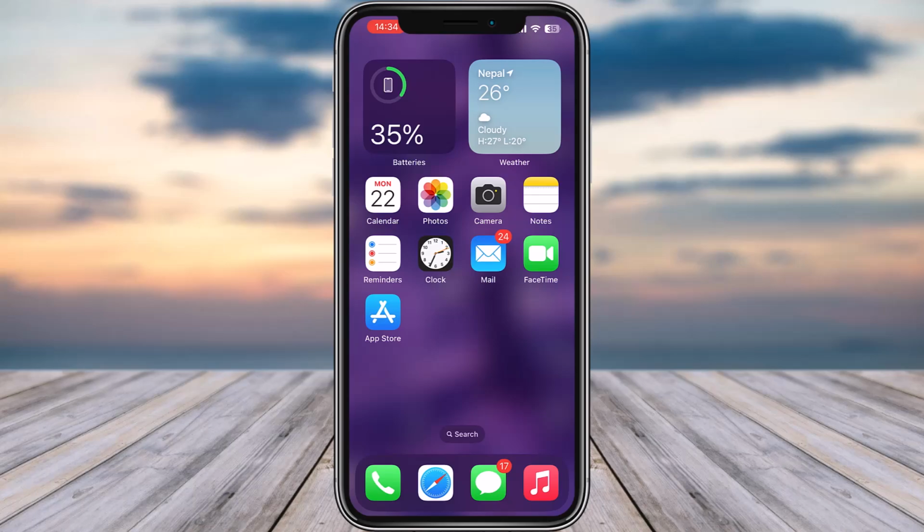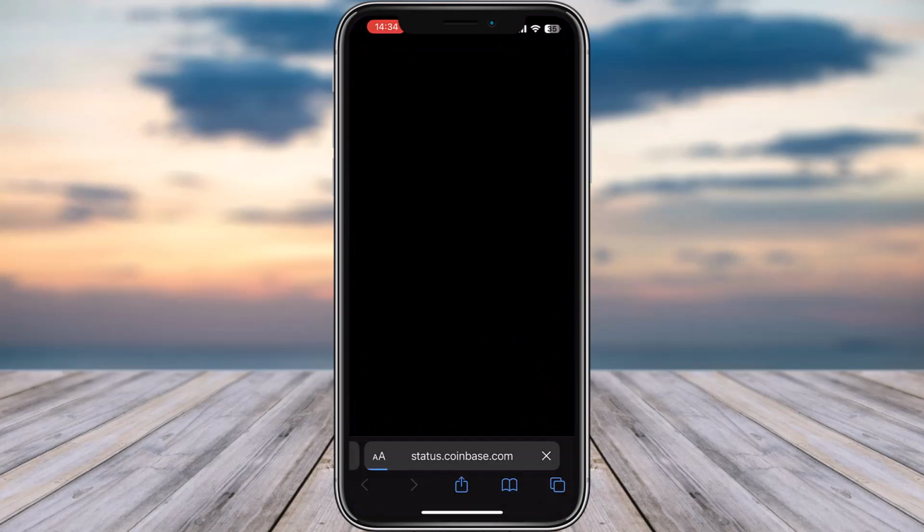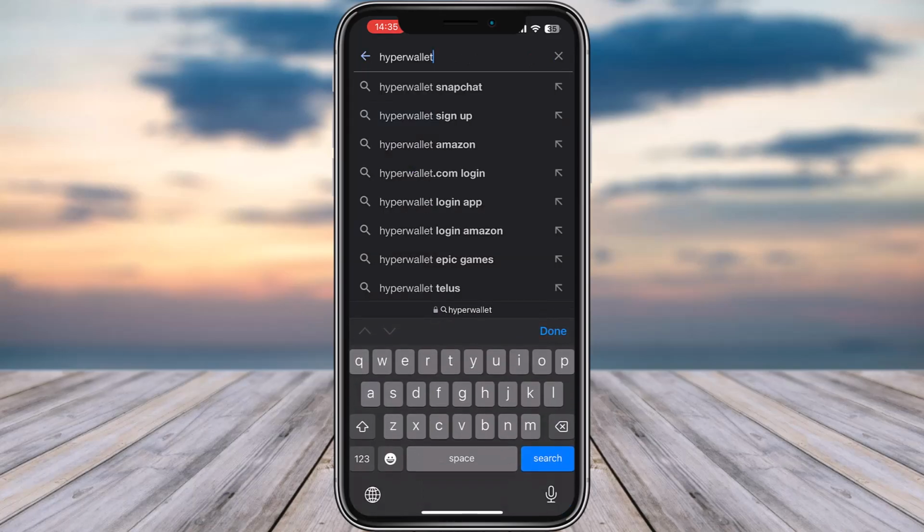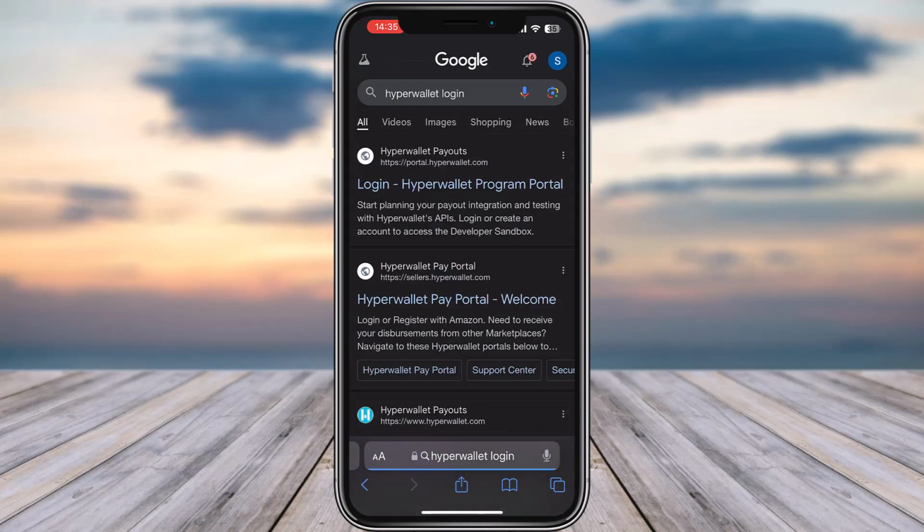Let's get started. All you have to do is open up a browser, go to the search bar, and type in Hyperwallet login. Search it up, and then you will find the option of Hyperwallet Program Portal login right away. Simply go ahead and tap on that link